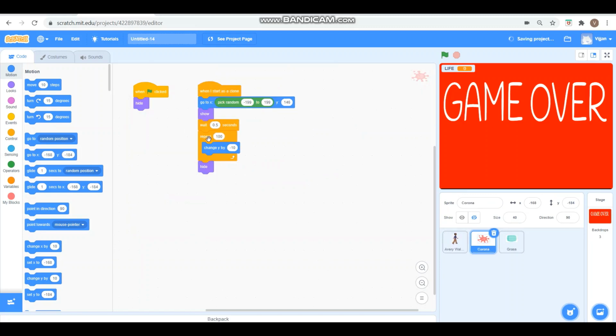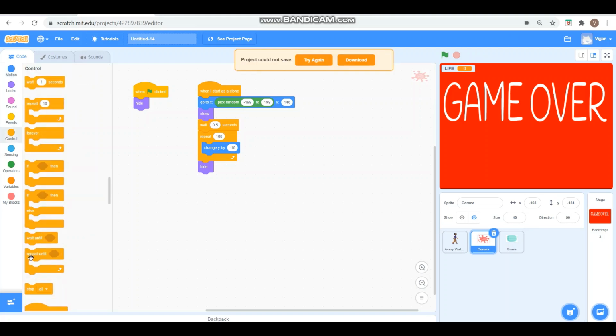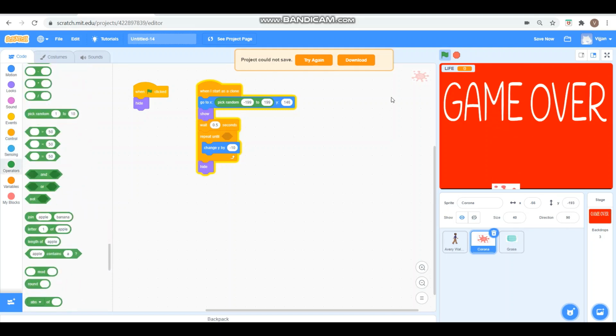Now one more thing, here we are repeating just 100 times, right? But instead of repeating 100 times, what we should do is only till life is 0. So we will remove this block, keep it here, repeat 100. We'll put here life equal to 0.